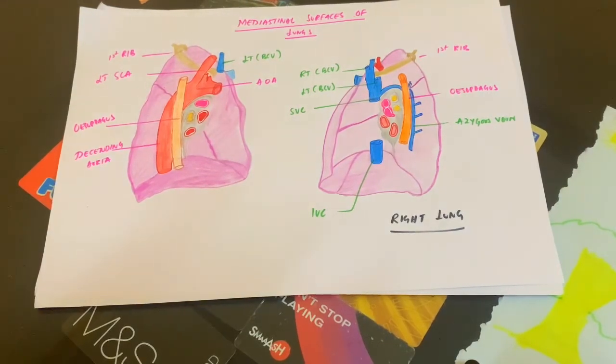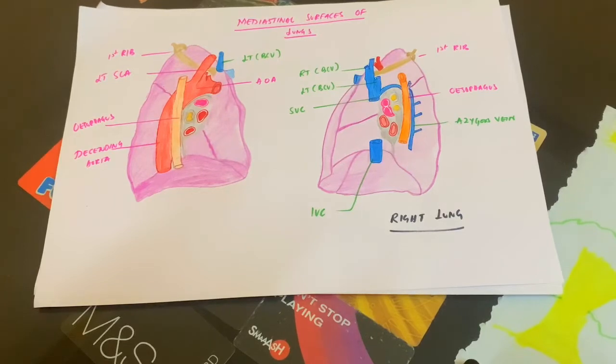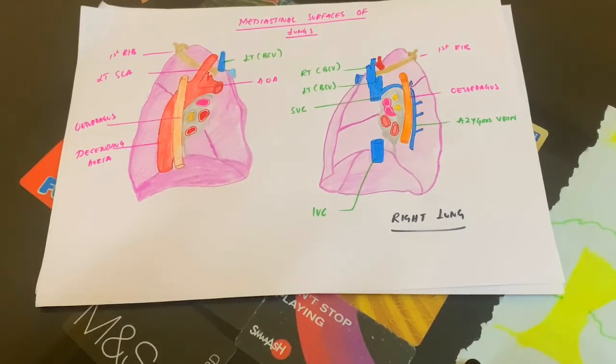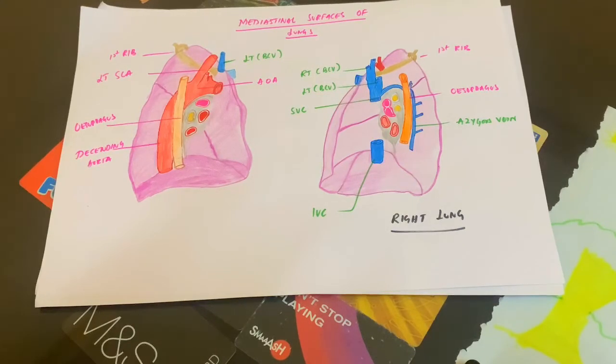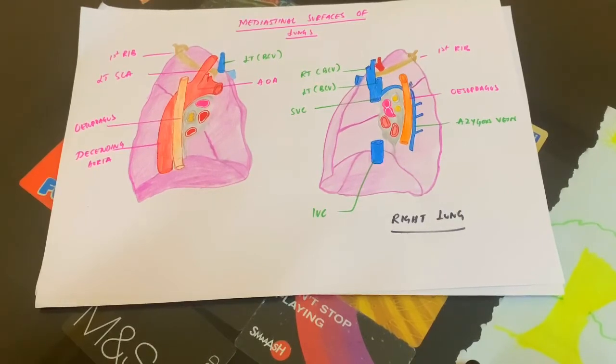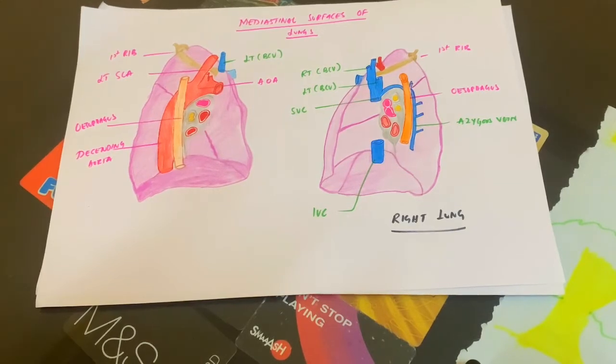Now, coming to details about the left lung, the left lung has the same structures that you have studied in the right. But I want to focus more on the mediastinal surface of the left lung. Already you know what structures you see on the medial surface of the right lung. Today we will discuss the medial, mediastinal surface of the left lung.